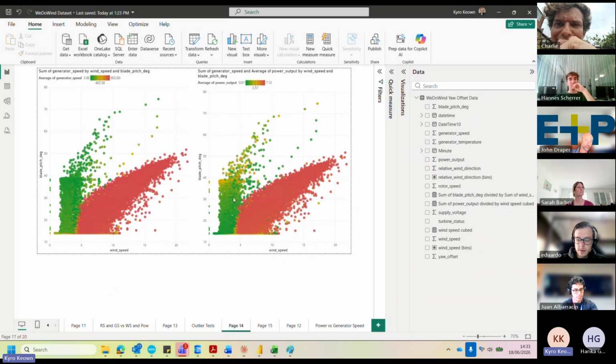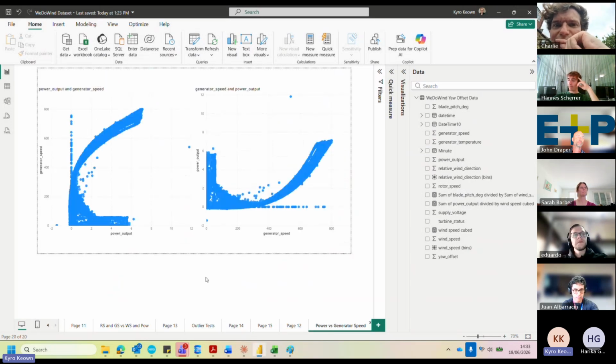So even having found this, it's literally just a sensor issue that's somehow impacting both generator speed and pitch, but not in the same way. It's making generator speed appear lower, pitch appear higher, and actually having no noticeable impact on the power curve at all. And to further illustrate the fact that this is a sensor issue,